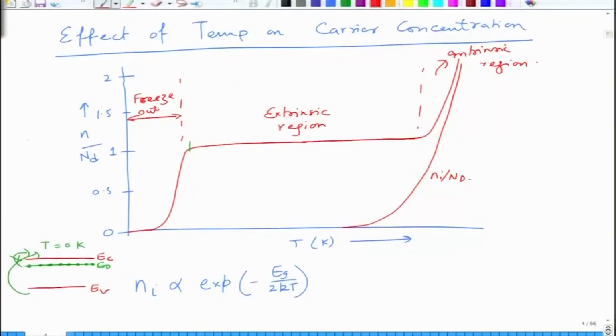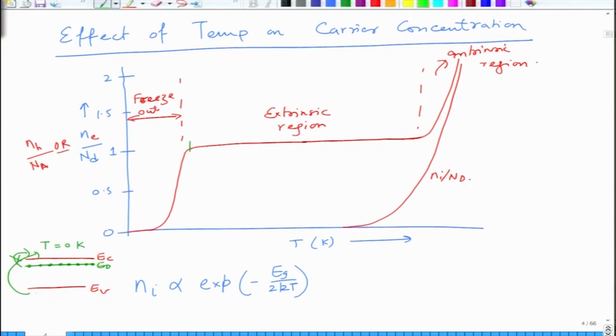So for p type, instead of Ed you will have Ea. It continues to remain in the extrinsic region until you reach a significantly high temperature